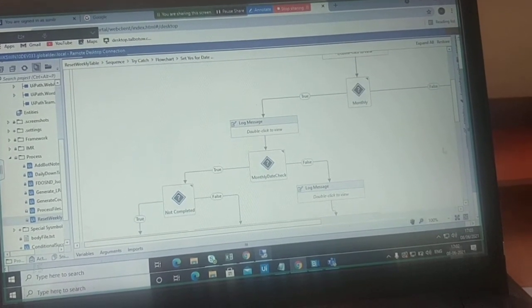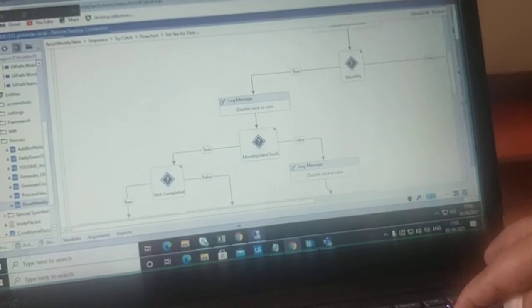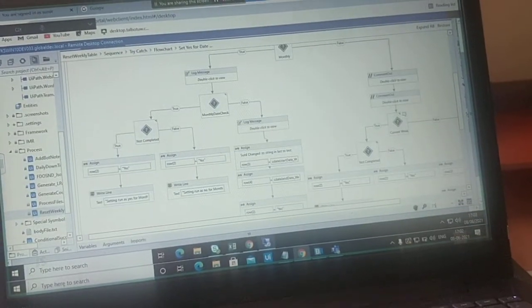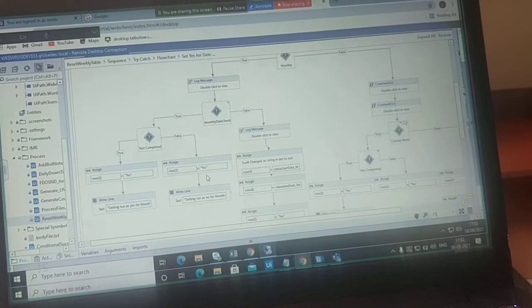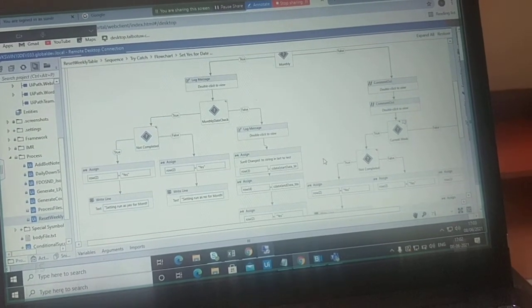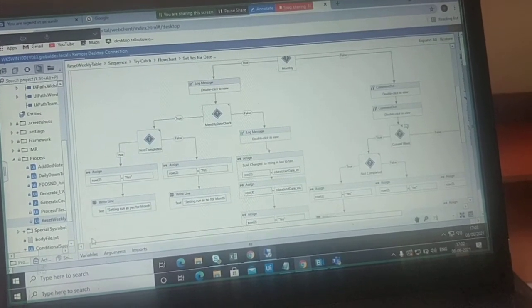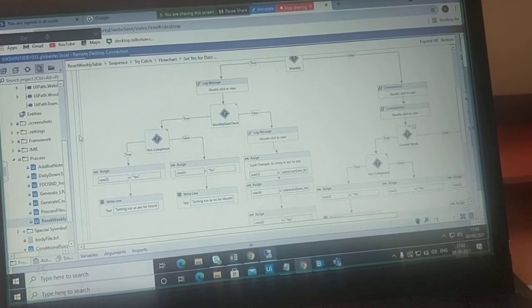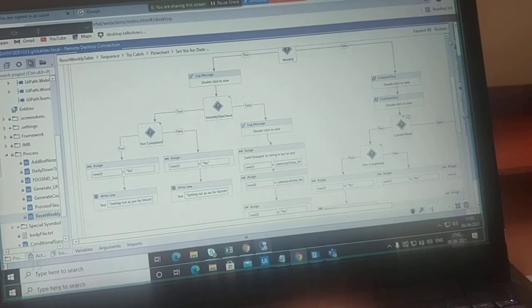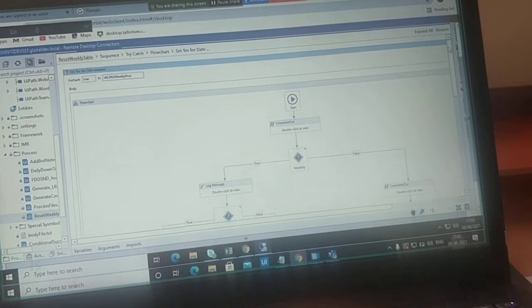All the row 2? Yes. Only row 2, right? Yes, only row 2. Okay, like this. One more thing. Mail. Okay. Not mail.